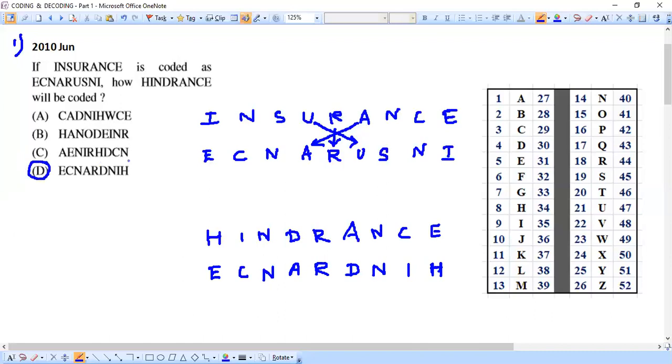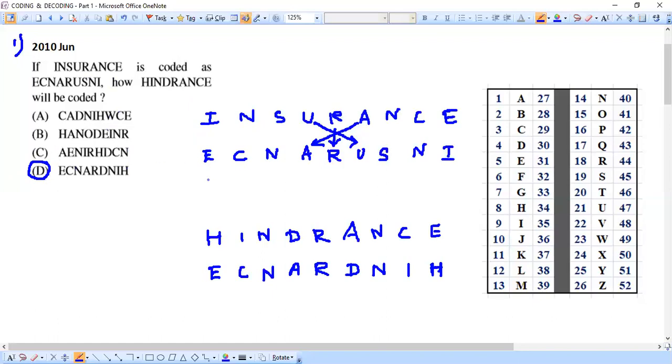See, for this question, if you observe that the given word is reversed, you need not even waste your time. You need not write all these things and then confirm it. By looking at the pattern itself, and by looking at the word without even working it out, you can directly take this to be our answer. Once the pattern is caught, you can very easily get the answer and proceed directly, fine.